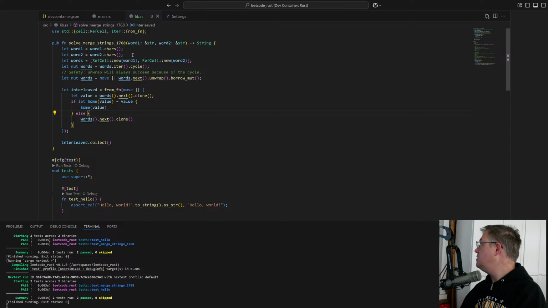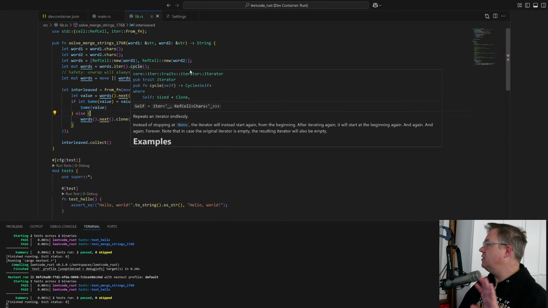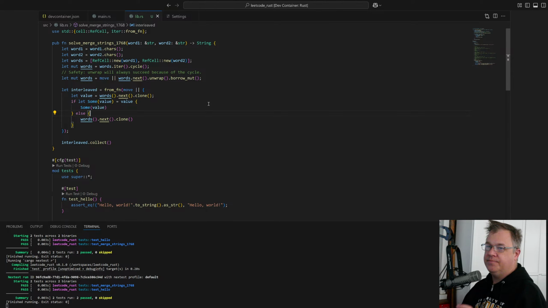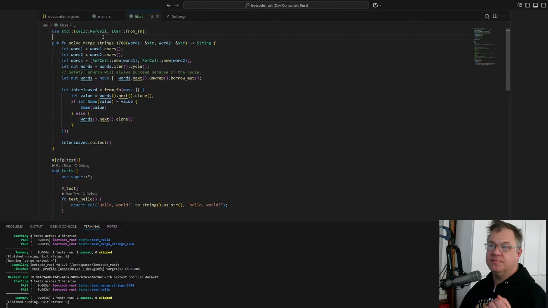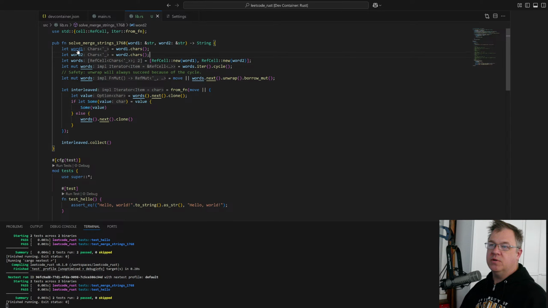Man, go back, dub it over, and gosh, that was a really good one. Let me just walk through that. This first one's taking almost an hour to do. So we get character iterator versions of the words. Word 1 and word 2 are now an iterator of all the characters.